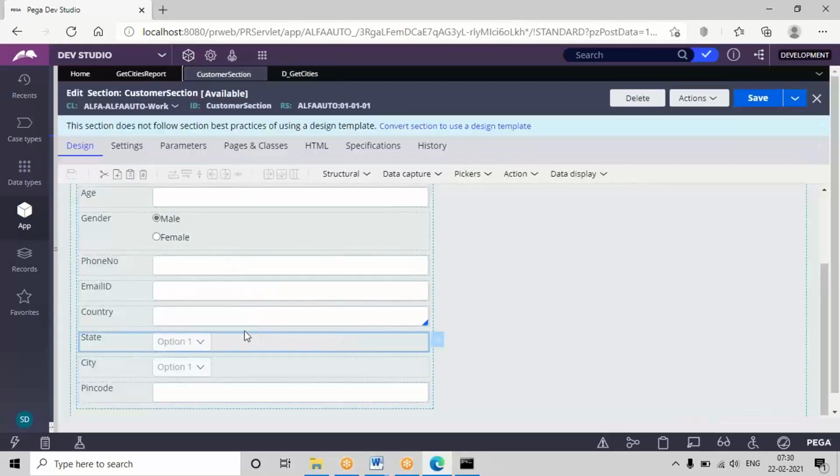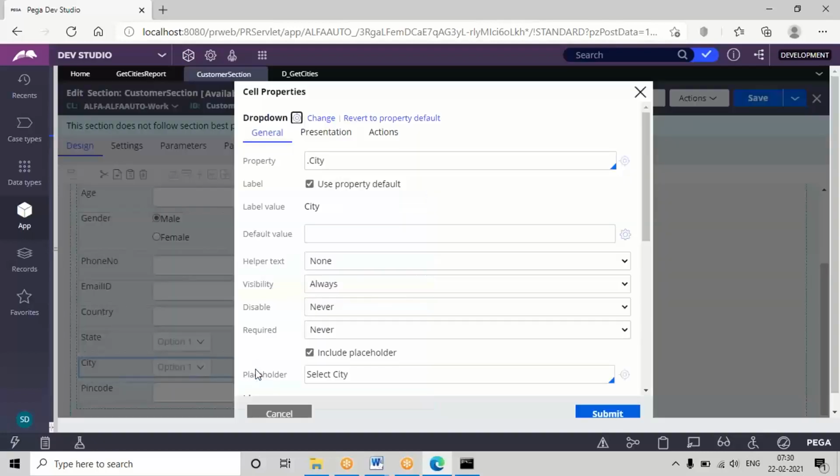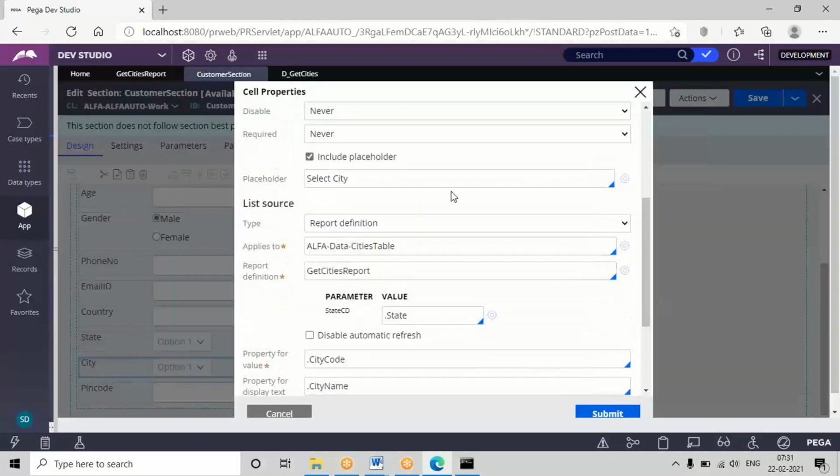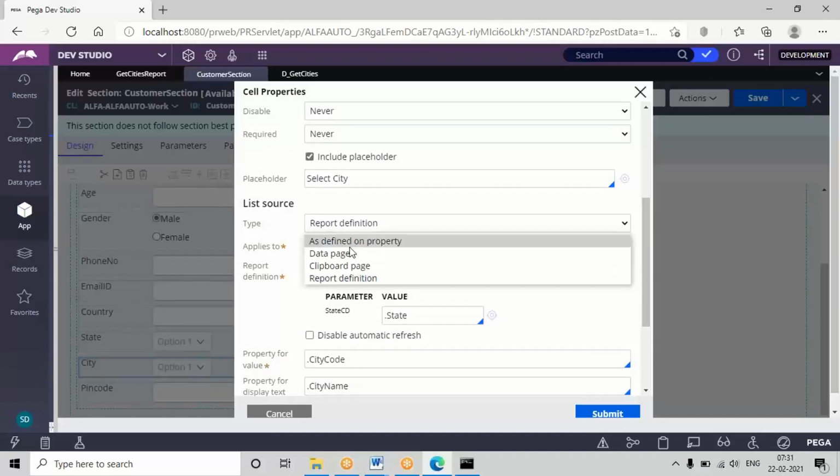Now this time we are going to replace this configuration using the data page as the main source. Last time the report definition was the source configured in the city settings. Now open the city property settings, change the source type to data page and fill the required parameters.